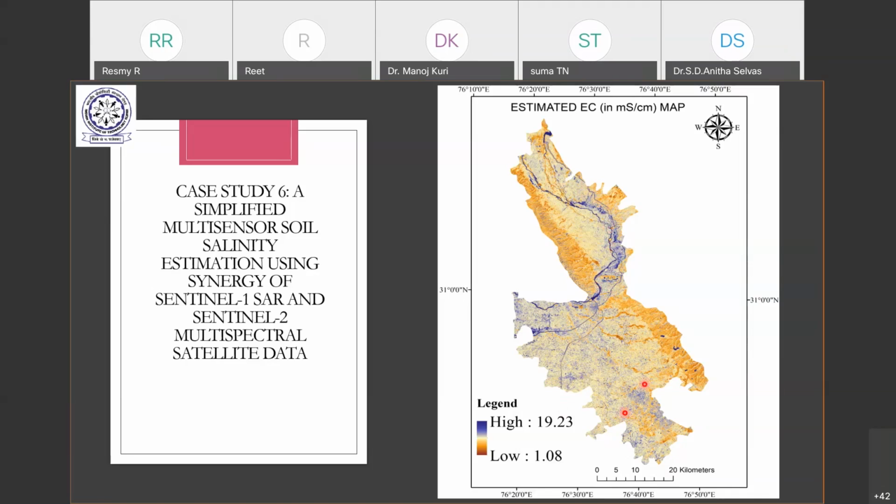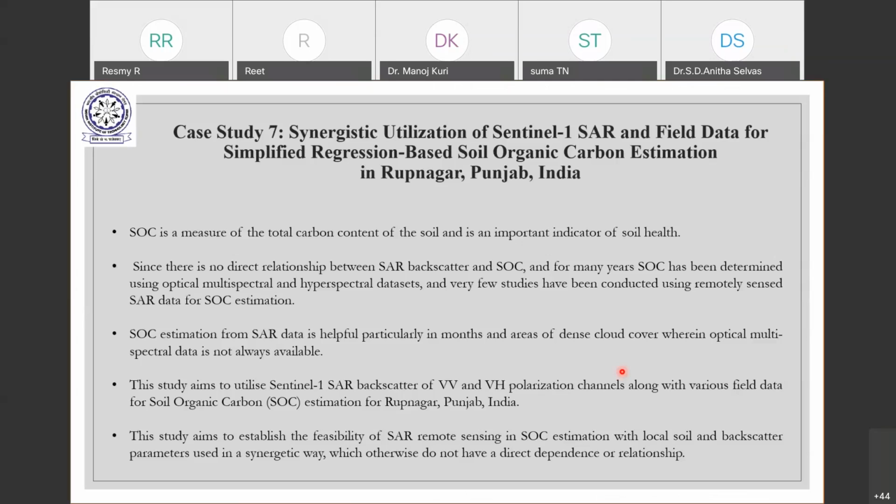But if we see this lower region here, the moisture is low, yet EC is still high, which suggests that the soil is turning saline. So this estimation of EC could indirectly lead us toward the soil salinity part. Then